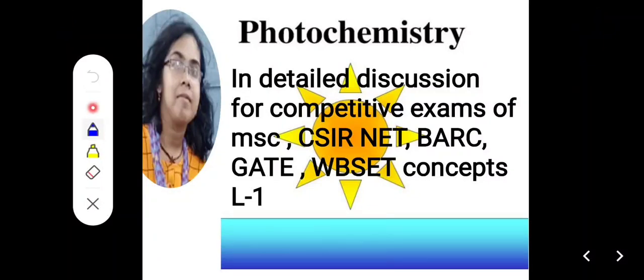Okay, photochemistry. In detailed discussion for lots of exams which are very important. So photochemistry is the basic concept, and that should depend upon many conceptual thinking. After we have cleared all of the concepts, we can easily predict pattern reactions,